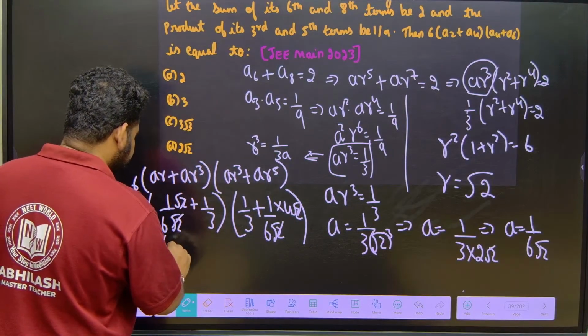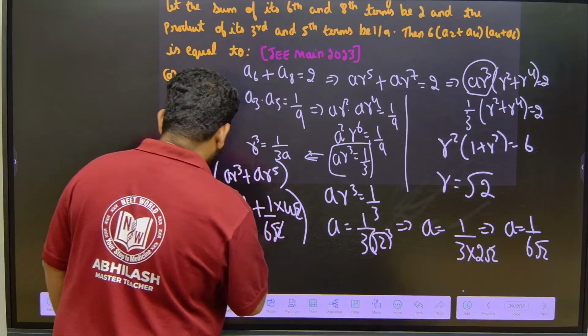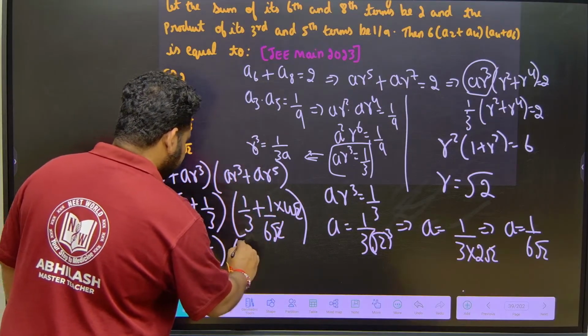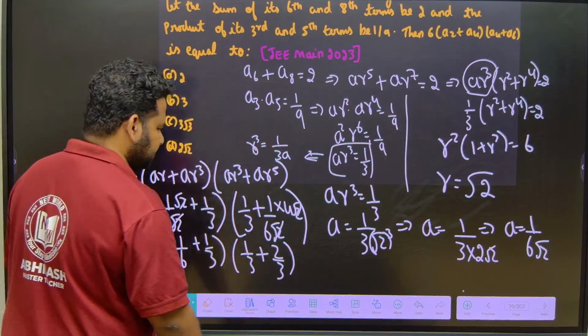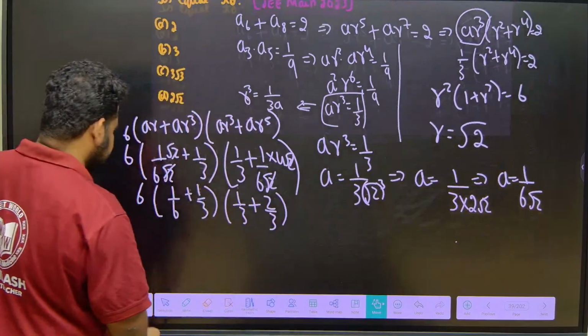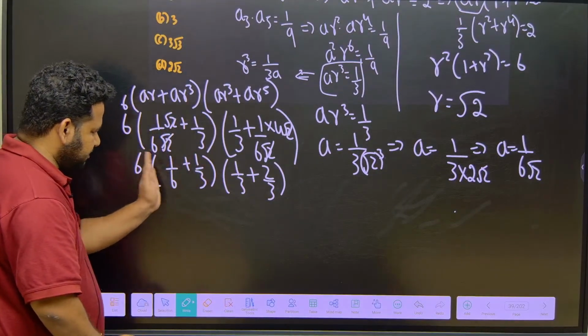This will become 1 by 6 plus 1 by 3. Plus 1 by 3. And this will become 1 by 3 plus this is 2 by 3. 1 by 6 plus 3 by 2 by 3. So this will become what, friends? I can do it. Here, if I multiply 6 throughout this one,